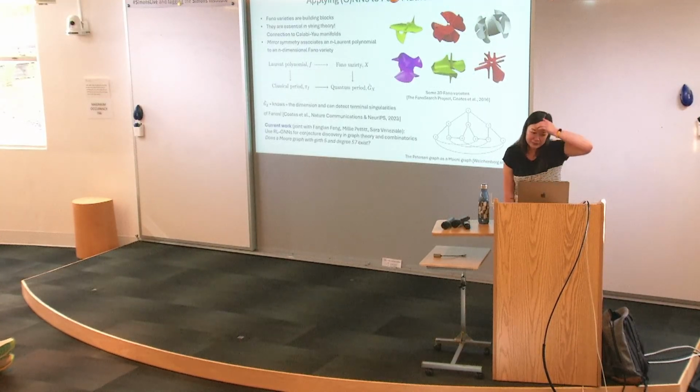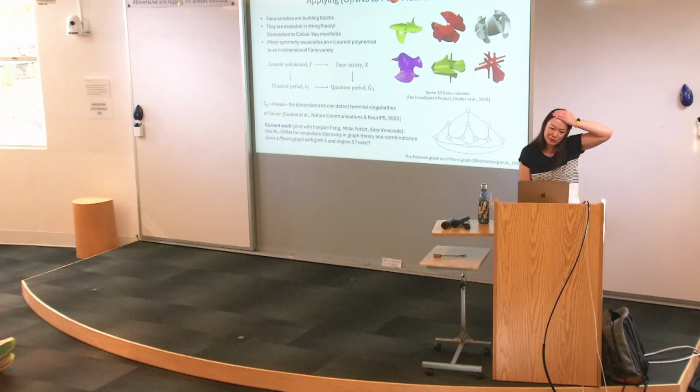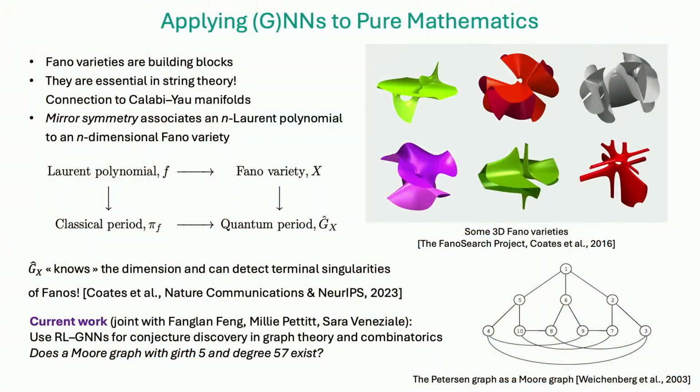Okay, moving to applications a bit. I mentioned before about neural networks and pure mathematics, and in particular for GNNs. As I mentioned before, my postdoc Sarah in her PhD used really just vanilla neural networks, just looking at MLPs. This is the most basic thing, and it turns out that you can get very powerful results. She worked a lot on Fano varieties.